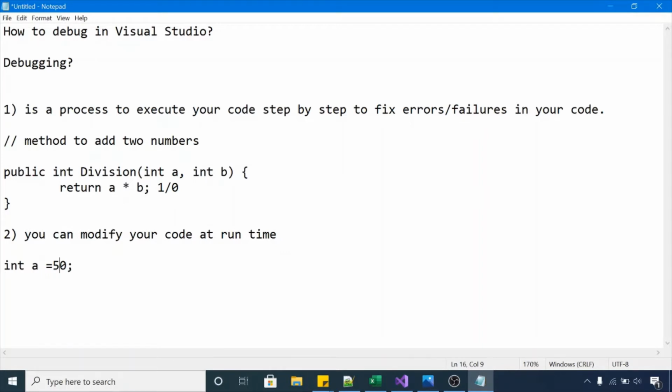Okay, and third benefit is, I hope that you guys know that if we are having multiple statements, you can rerun the code again.